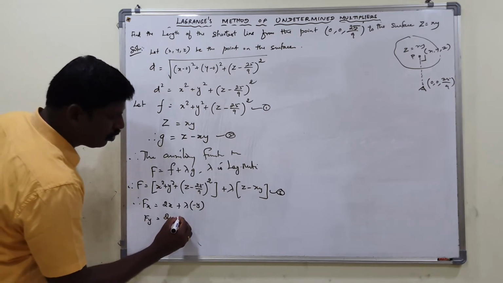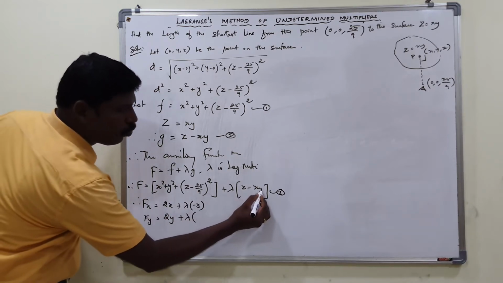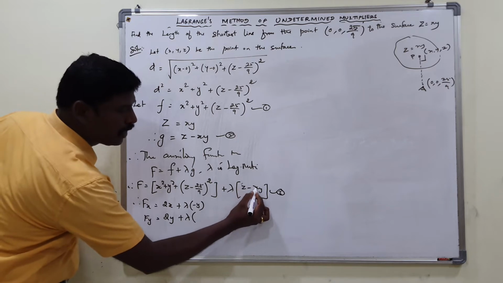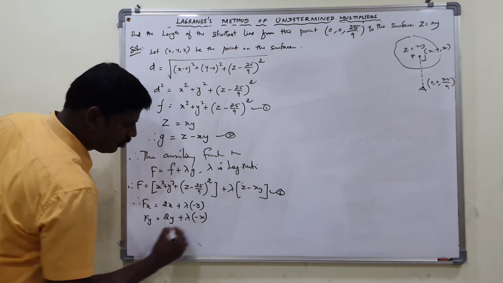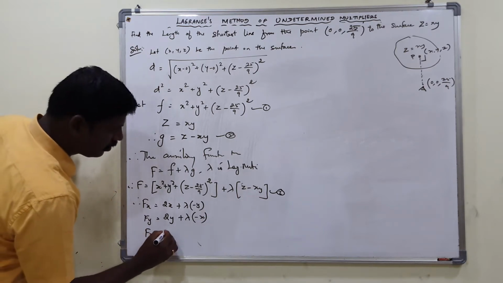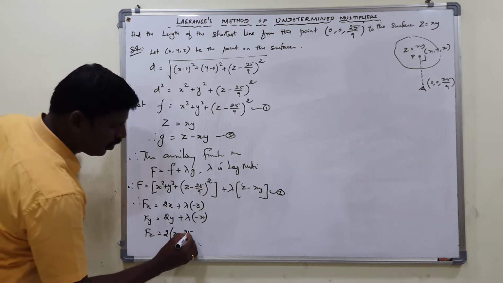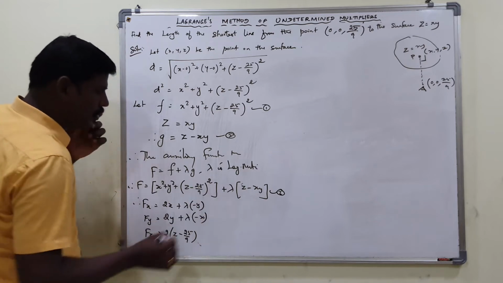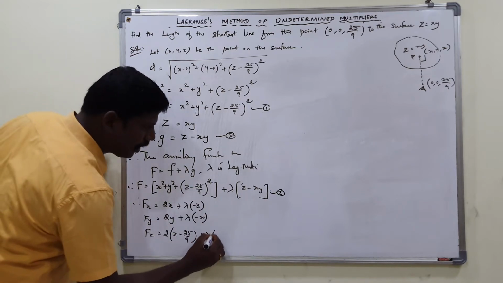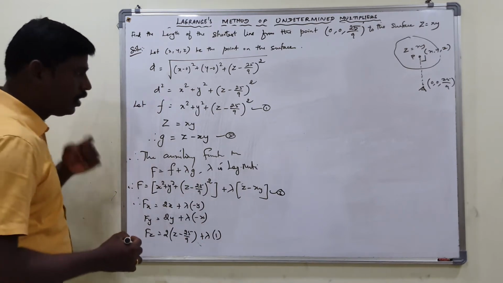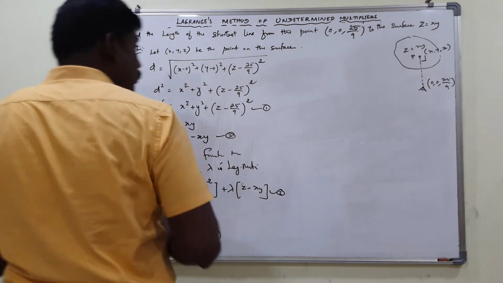Other two terms become 0 plus lambda into y becomes 1. This becomes 0 minus x into 1 minus x. Then what is fz? 2 times z minus 25 by 9 into 1, no need to write it, plus lambda into 1, isn't it? Right? For stationary values,